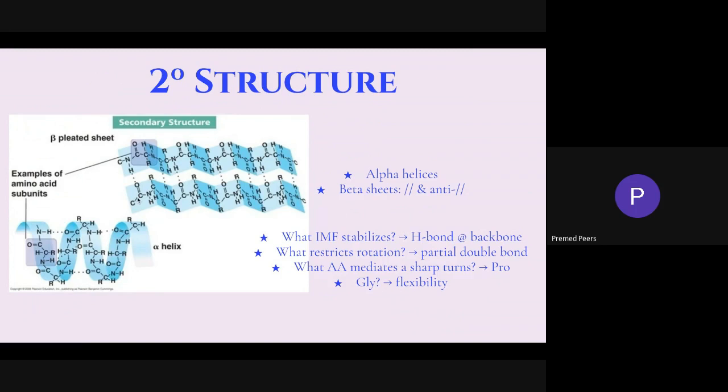So in terms of the beta sheet, parallel and anti-parallel is talking about the directionality of the N to C direction. If you find two adjacent chains of amino acids going in the same kind of direction,